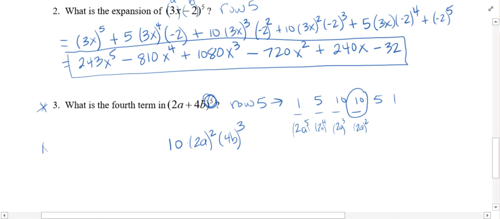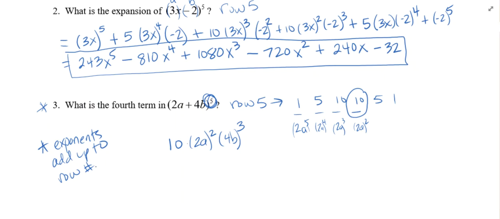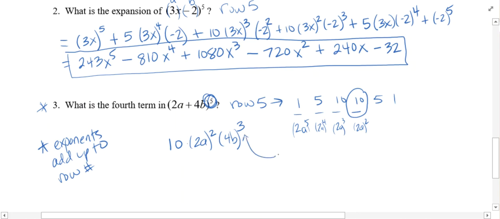Side note, the exponents always add up to the row number. That's something you want to remember. The second value here, the 4b, the one that comes second, this is to the 3rd power. It's always 1 less than